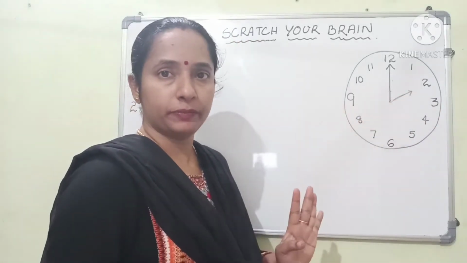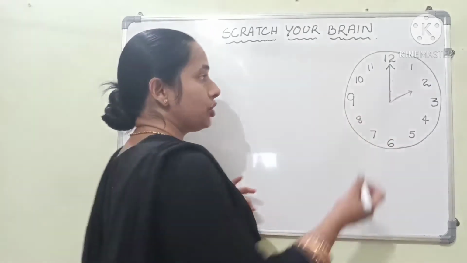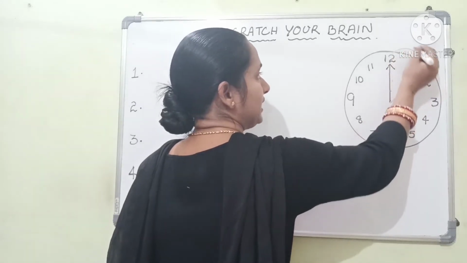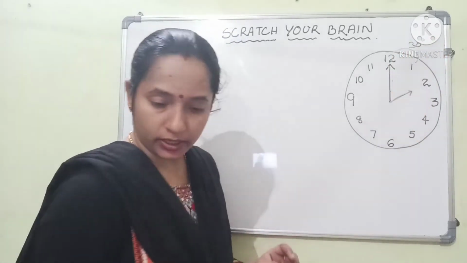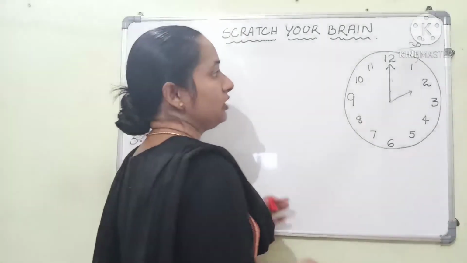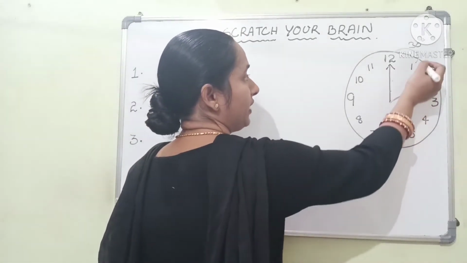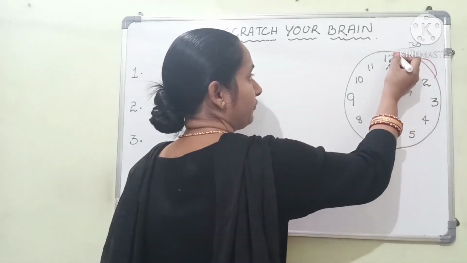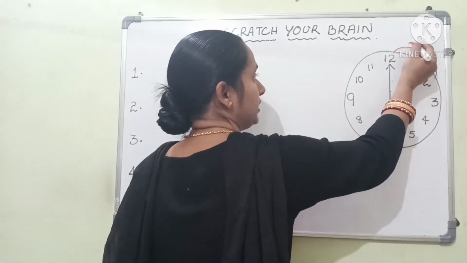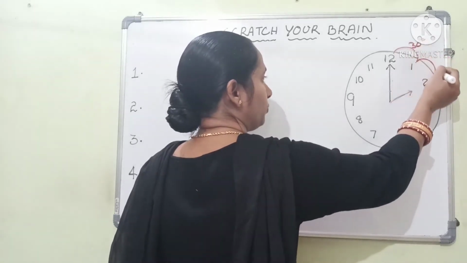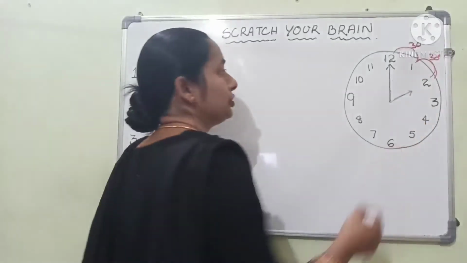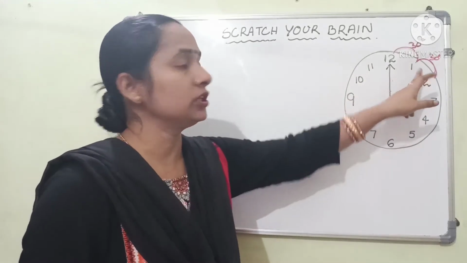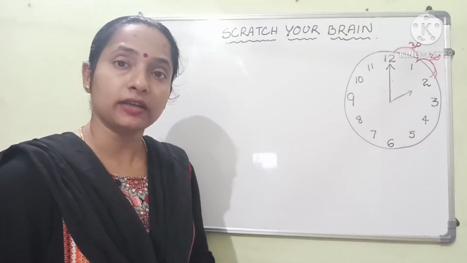Now what is the angle formed between these two hands of the clock? As we discussed, the angle between any two consecutive numbers is 30 degrees. Then what will be the angle formed by the hands of the clock when it is two numbers away from it, such as between 12 and 1 it is 30 degrees, and again between 1 and 2 it is another 30 degrees. So total how many 30 degrees are you having? Here we are having 2 30 degrees. So 2 30s are how much?